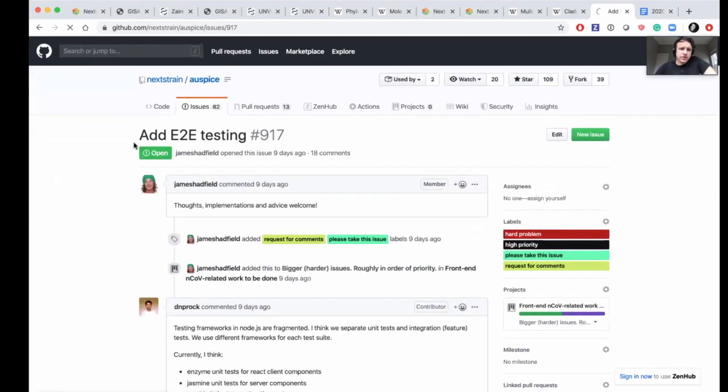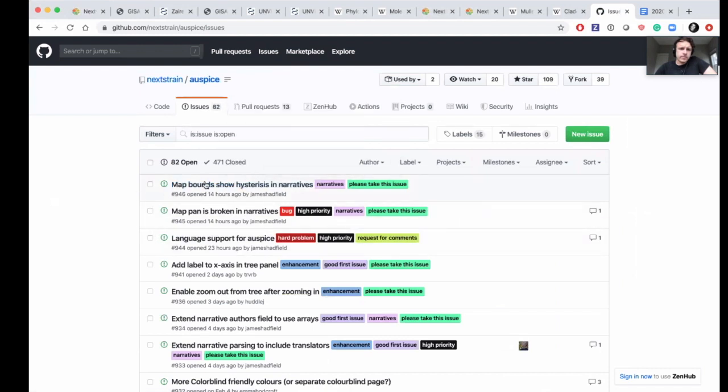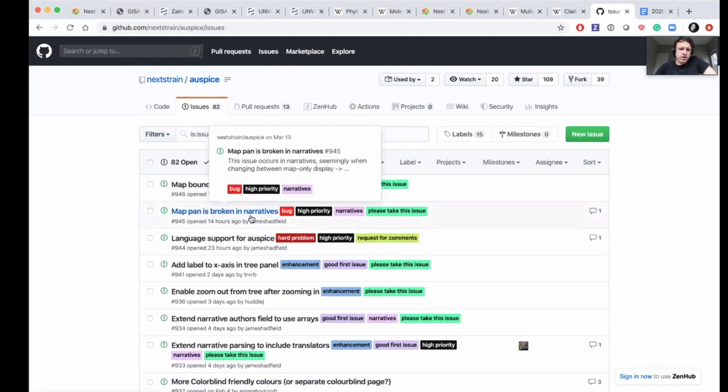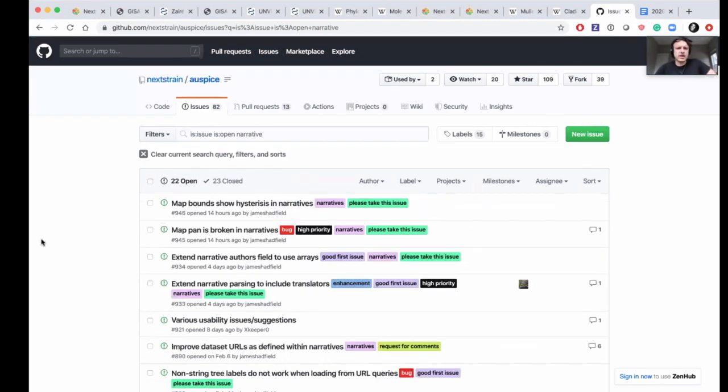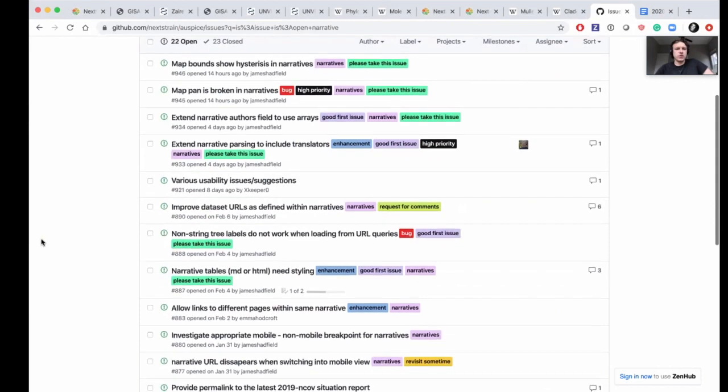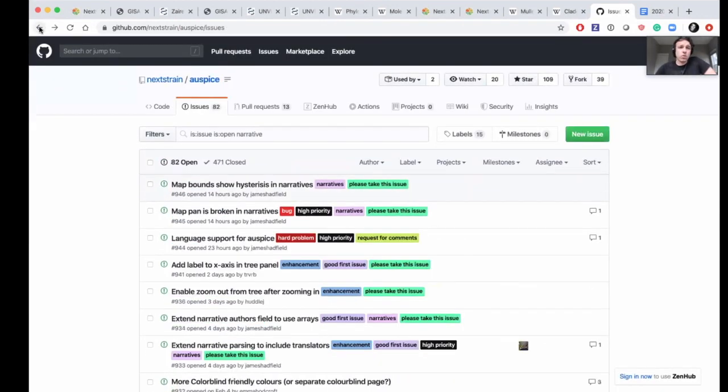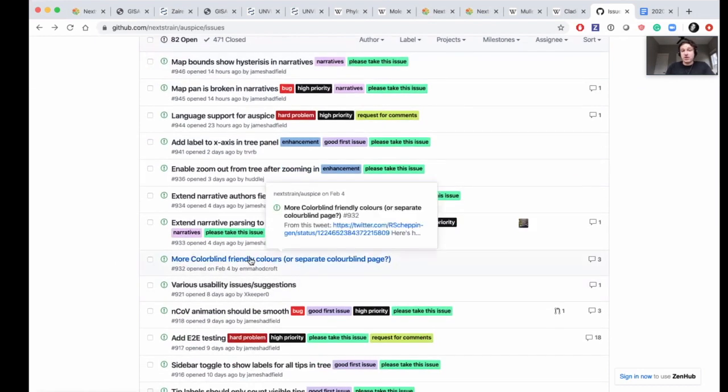So if I go back here, you'll see that there are narrative issues. So if you look for narrative, I don't know if it'll pull up issues that are specific to that. That's something that if you're passionate about working on more of the reporting side, there's room to improve that as well. So I think there's a big bucket of performance stuff, there's a big bucket of testing stuff, and then there are some of these little issues like colorblind friendly colors, and maybe